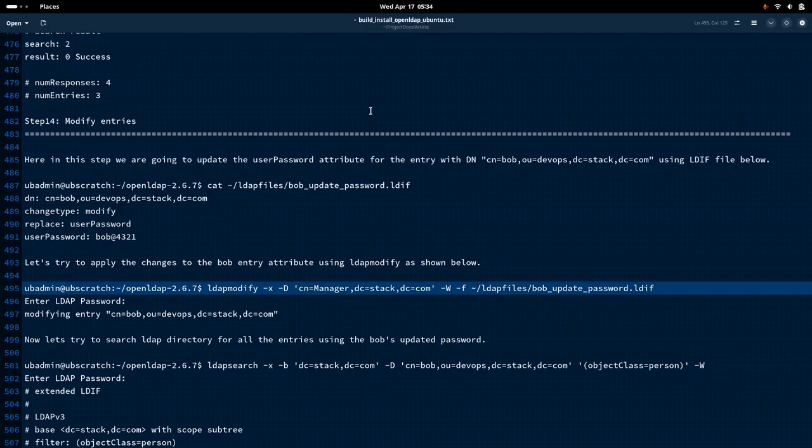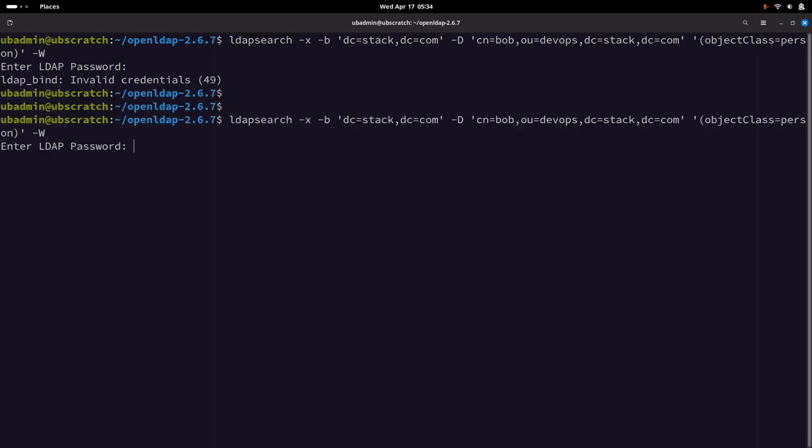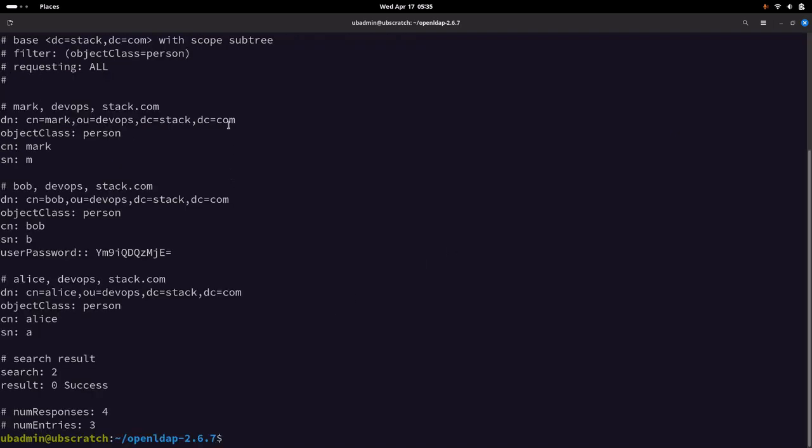So let me clear my screen and try to do an LDAP search again for all the objects with person. And now if I type the old password, it is not going to work. Let me try with the new password, and here you go. We are able to retrieve all the entries related to the object class person. And if we try to decode this password for Bob, now you will get the new password,